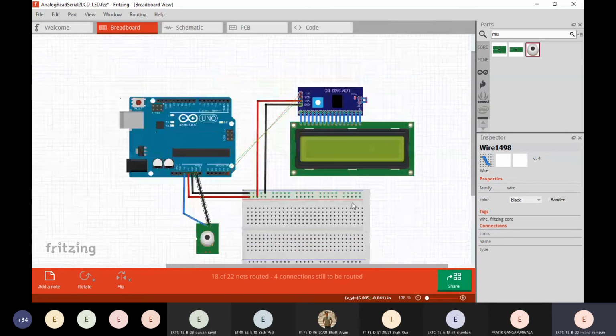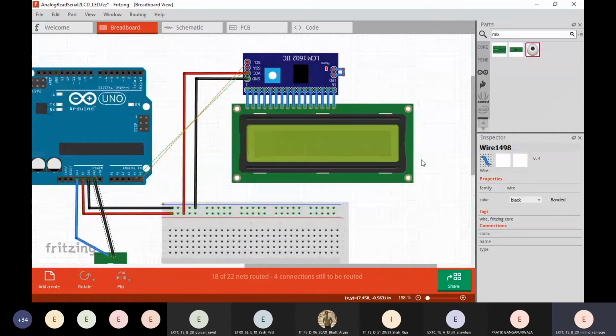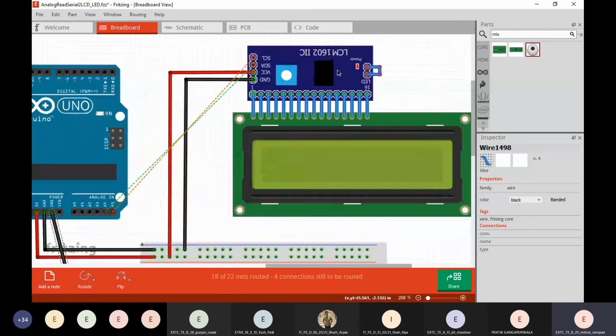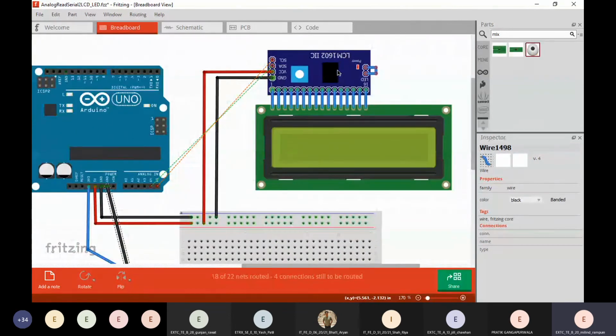As you can see, this is the 1602 LCD screen, and it is connected with the I2C adapter here. What it does is, the LCD communicates with the microcontroller with only 4 pins now: VCC, ground, SDA, and SCL.